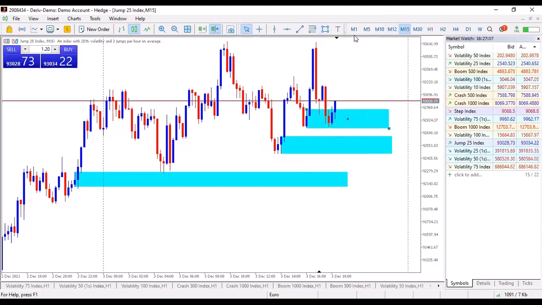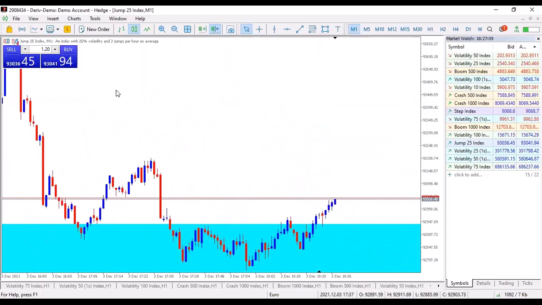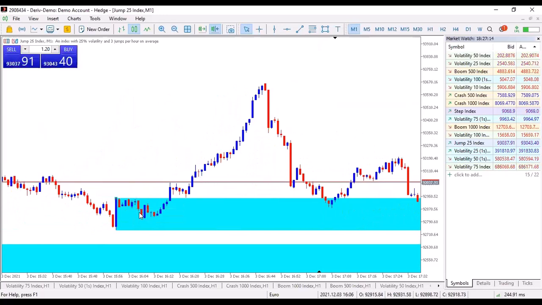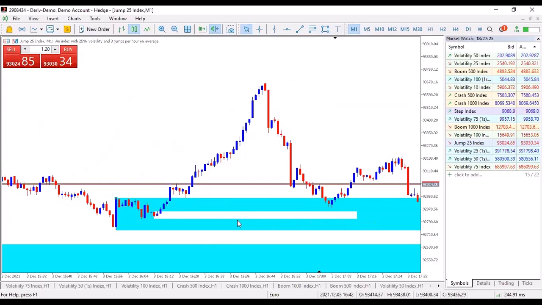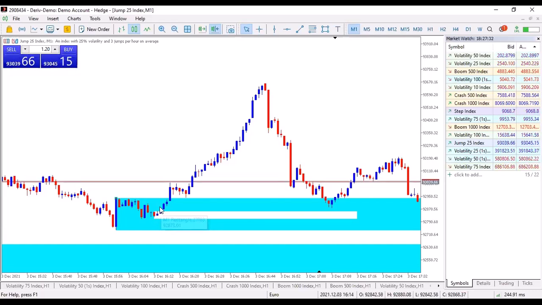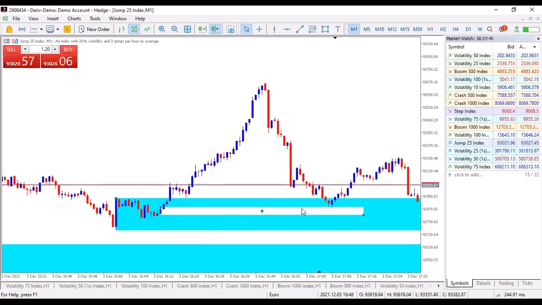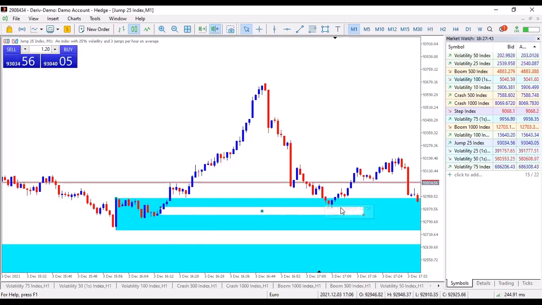Then this is the M15. If I go to M1, I'm going to refine these order blocks like this. So these are the order blocks. But if I go to M1, which is the next time frame, I'm going to go for the last, which is this candle. That is what is going to be my order block. But because this is not breaking this, I'm not going to go for it. I'm going to go for this one that took out this, but this is a doji. So I'm going to mark this as my order block. And as you can see, we had some magic there and price